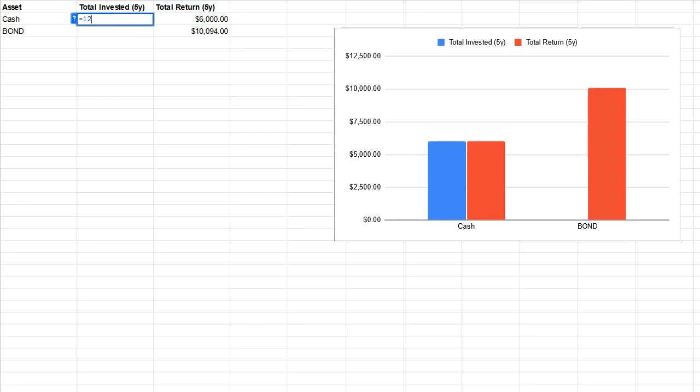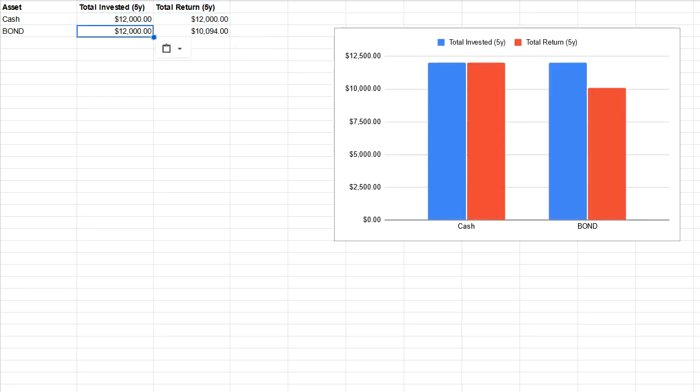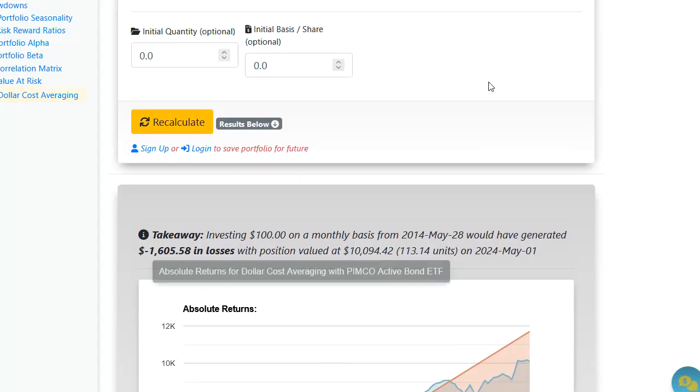So say we have 12 times 10. So this is the number of months times 100, right? So we would have invested 12,000. If you just left it in cash, it would remain the 12,000, right? If you invested in the bond ETF, for instance, you would have done negative. So these are like the most stable two assets that exist.